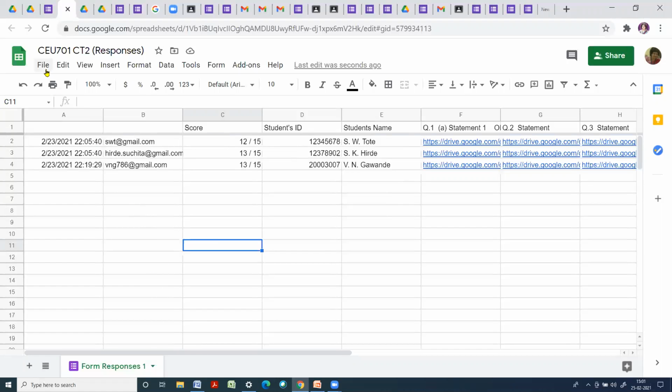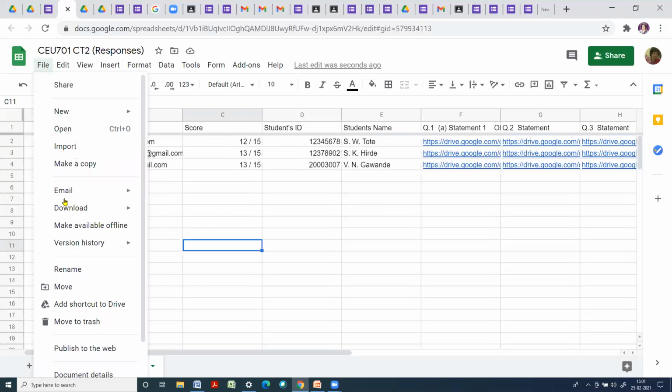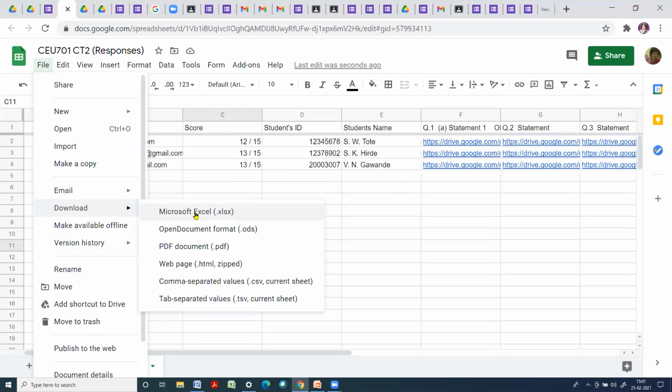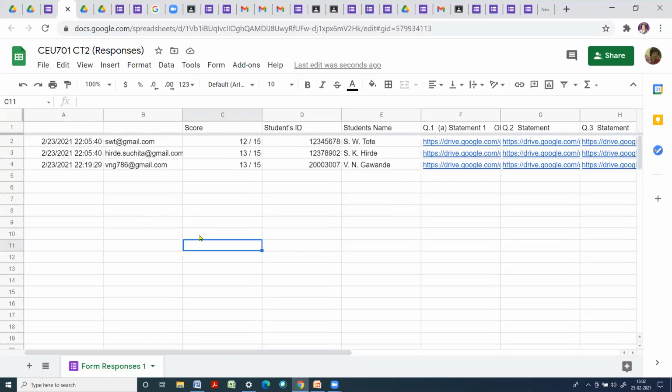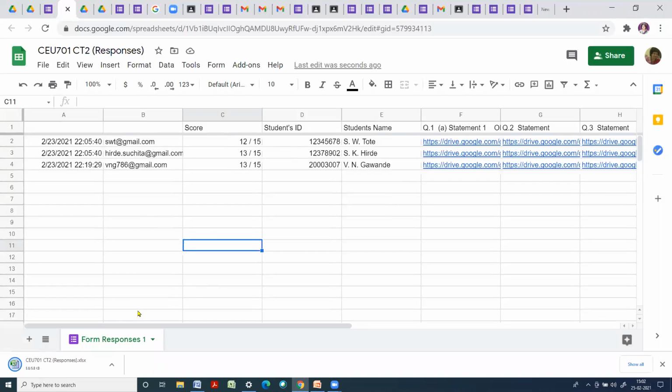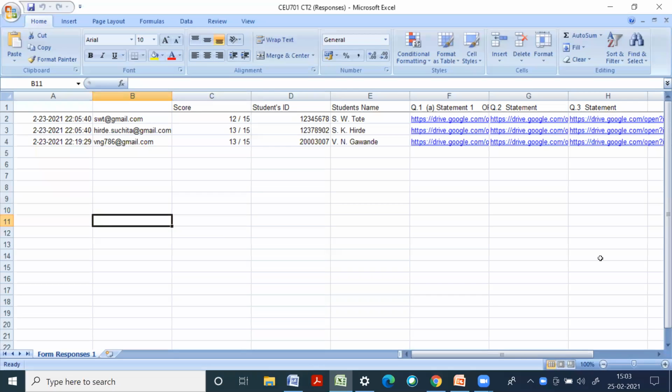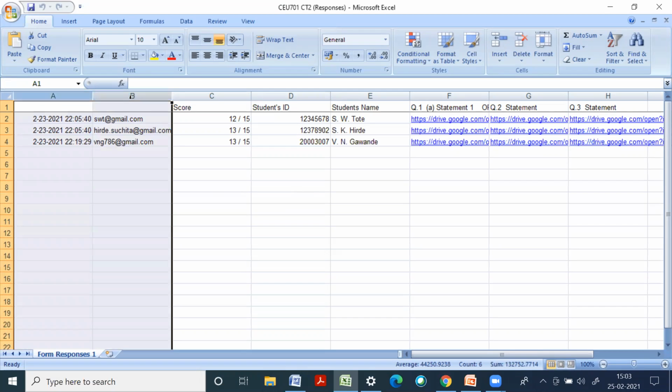So for that we will click on this file and then download Microsoft Excel. When you click on this it will be downloaded like this, and then you can open this and again edit this sheet. So I will show you. This is downloaded in Excel format. I will delete these columns which are not required.